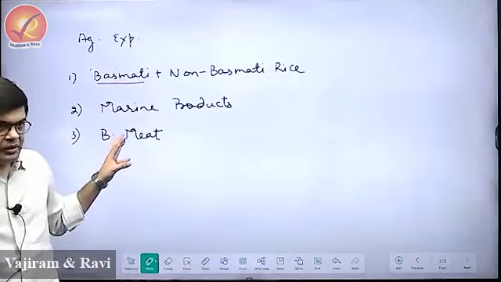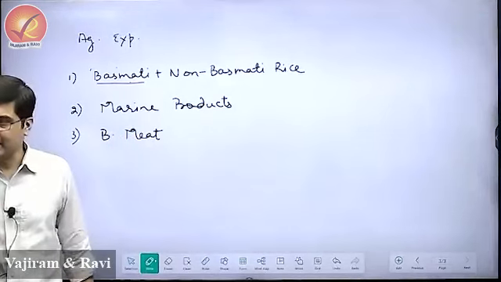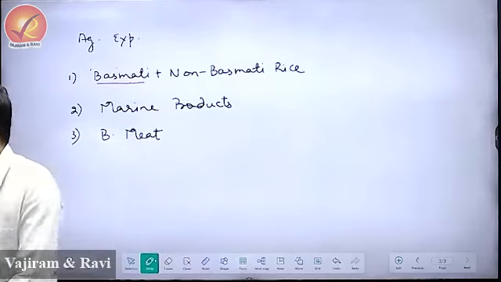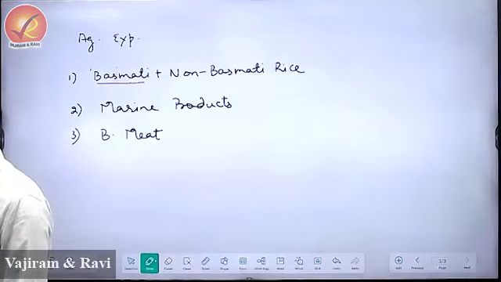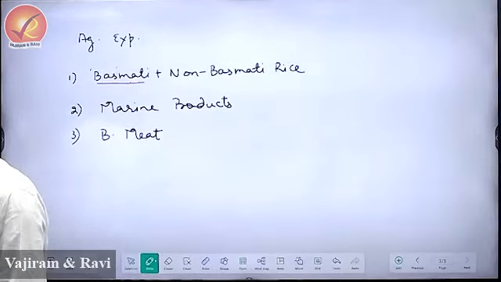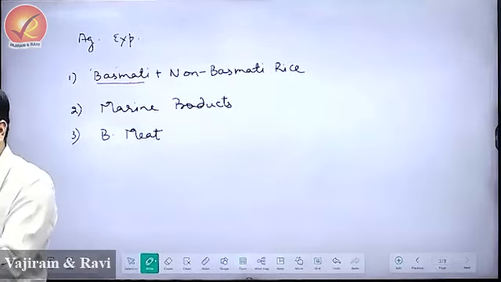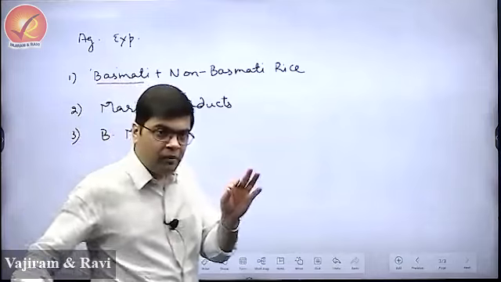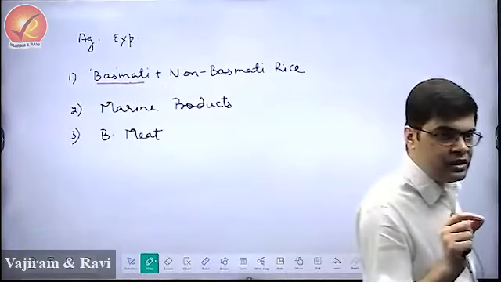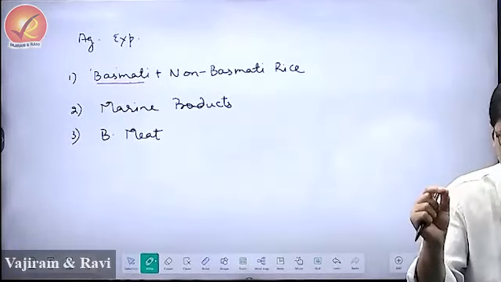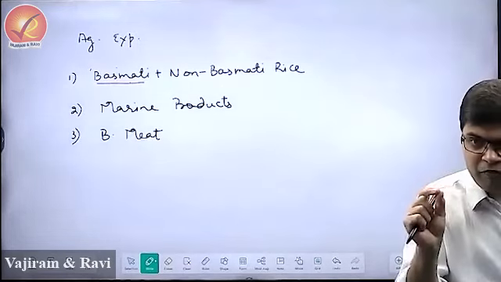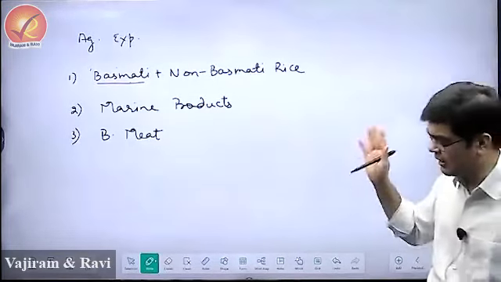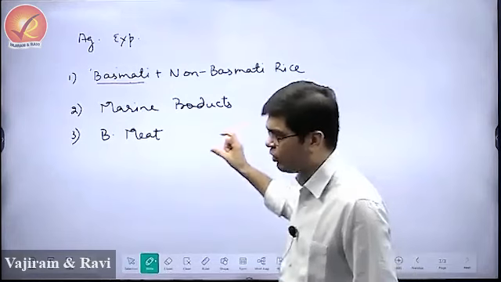When you look at the meat production, India is the largest producer of meat. One simple reason is we have maximum of the livestock animals of the world. Maximum of the cattle, buffaloes, goats, sheep, सबको मिला के maximum the livestock animals are in the country. ठीक है? अच्छा, when you look at buffalo meat, India is the largest producer of buffalo meat, and one simple reason is that we have more than 50% of world's buffaloes. That is why we are the largest producer of buffalo meat.